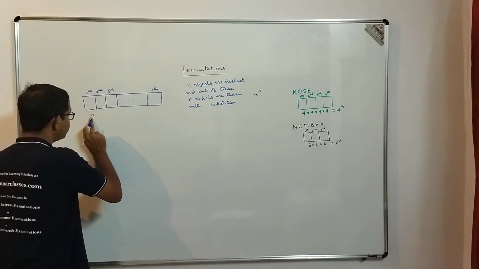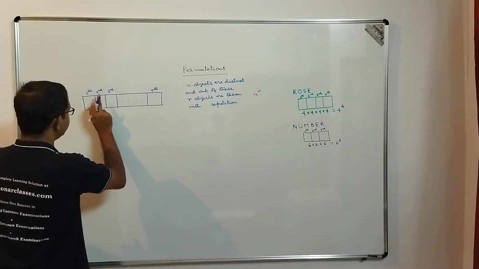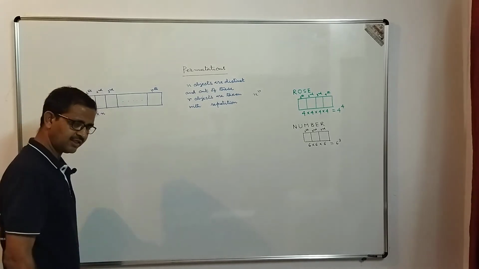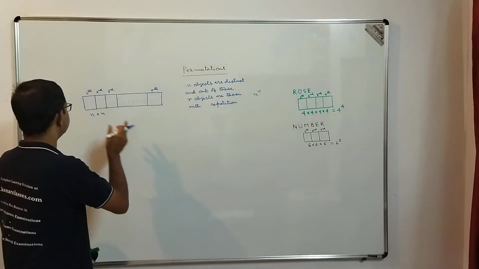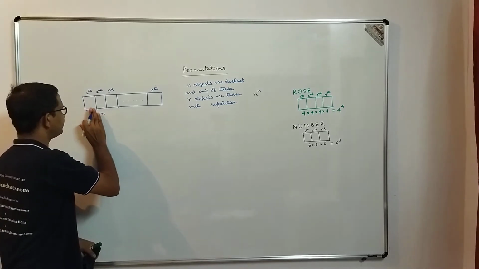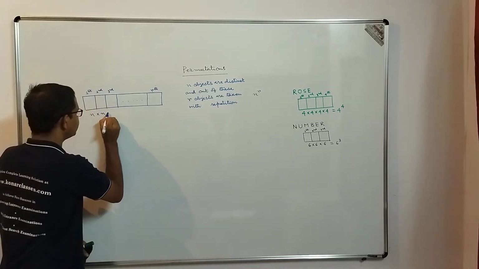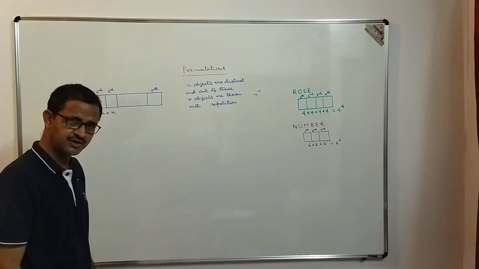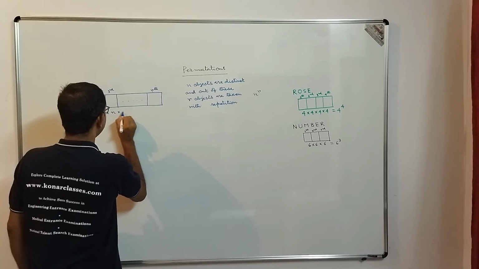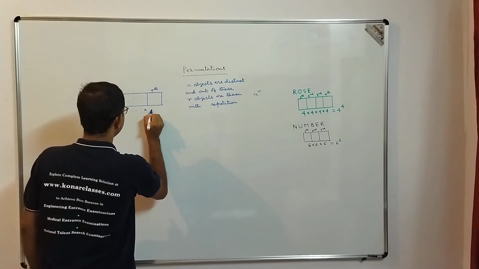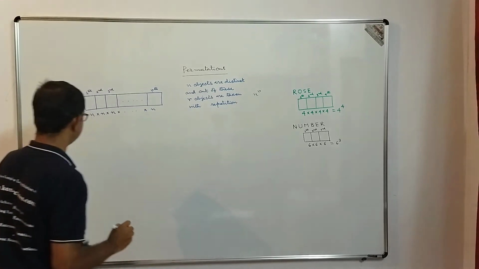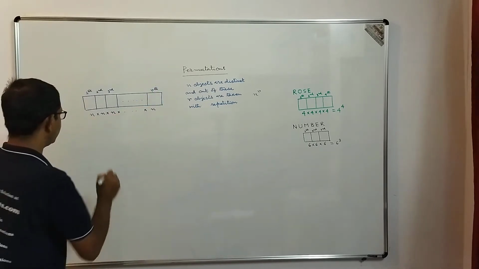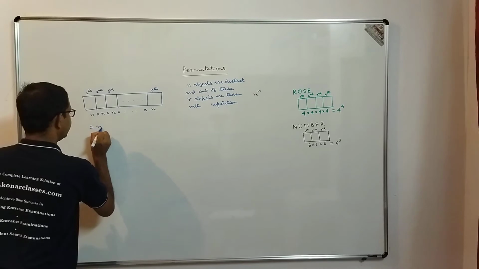Now out of these n objects, in how many ways can we take the second object? The second object can also be chosen in n ways because repetition is allowed. Now out of this, taking n into n objects for the first and second, in how many ways can the third object be taken? That is n ways: n into n into n. And in that way it will continue, till up to the rth place. So n into n up to n, r times. So that becomes n to the power r.